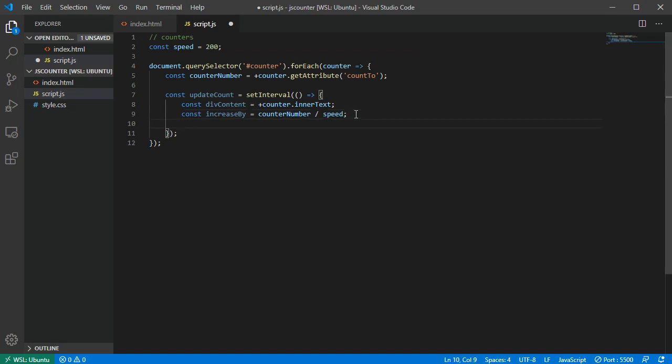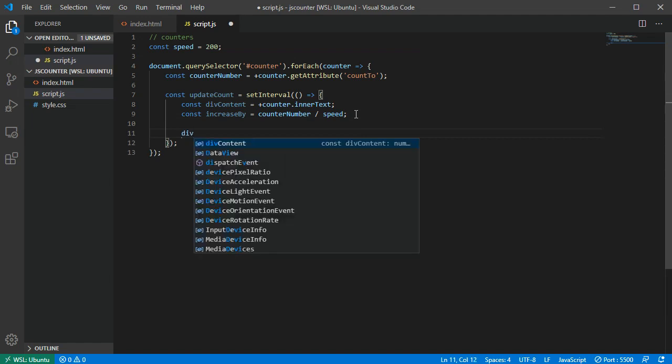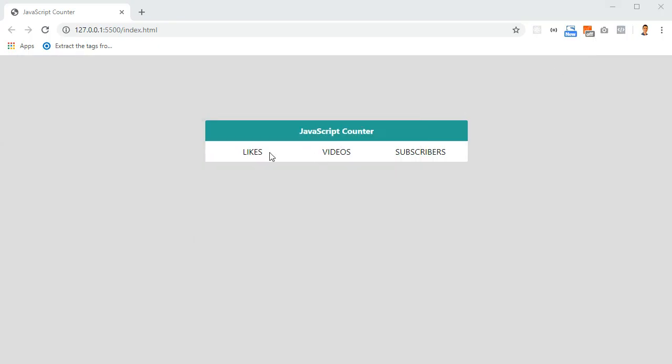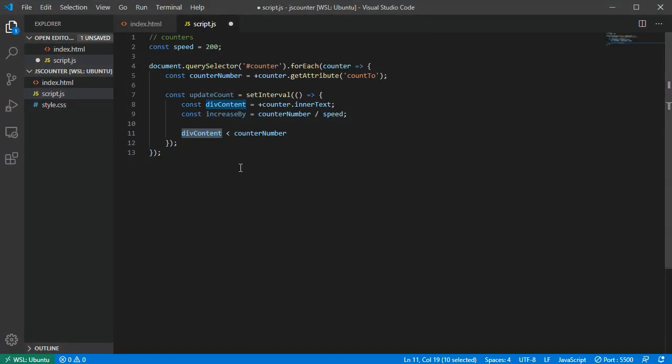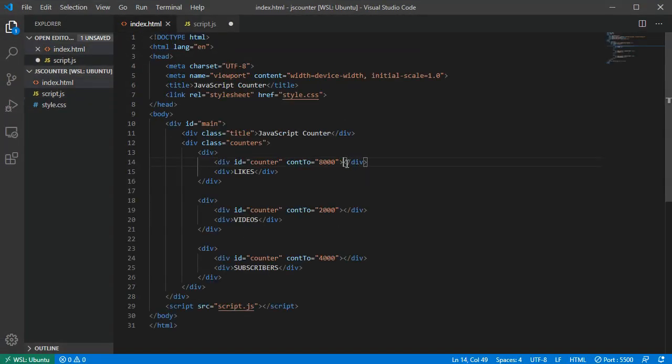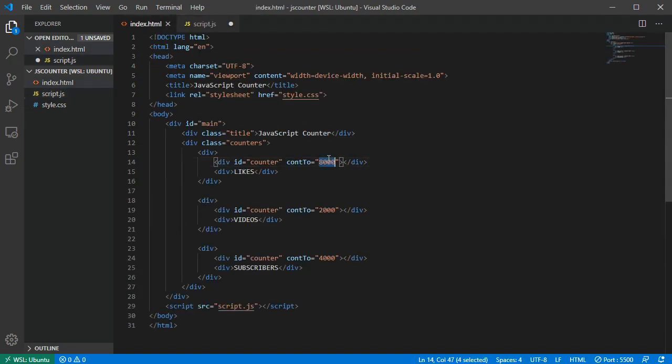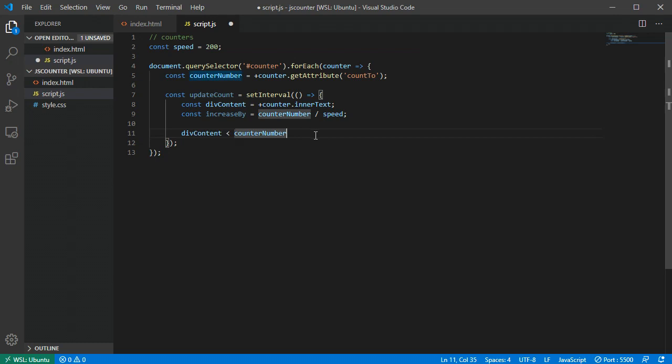All right, and then below here we will have an if. So here we check if div content is not greater than counter number. So div content is what we have here, which right now is empty. If that is not greater than the counter number, and the counter number is the count t, which is this number, then we get counter dot inner HTML,